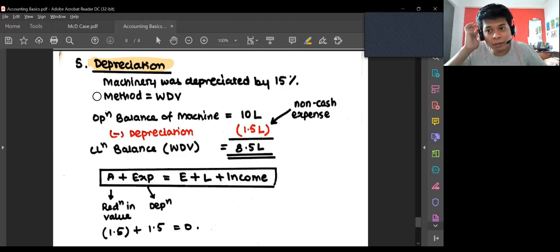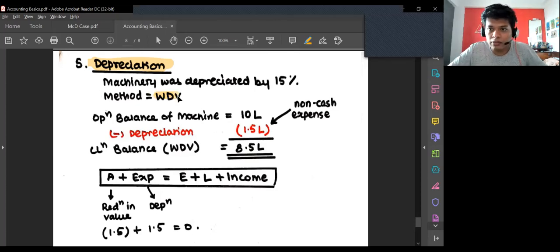Now, depreciation has multiple methods. I am taking the WDV method over here, which is generally followed everywhere. There is another method called the straight line method, which is simpler, but again, WDV is very important because most people follow WDV. So machinery is depreciated by 15%. It's a standard rate which is given in the Companies Act. Opening balance of machinery was 10 lakhs, which is my cost of the machinery. Depreciation 15%, 1.5 lakhs. I'm reducing the machinery. Now closing balance is 8.5 lakhs. This closing balance is known as my WDV, which is my written down value of that asset.